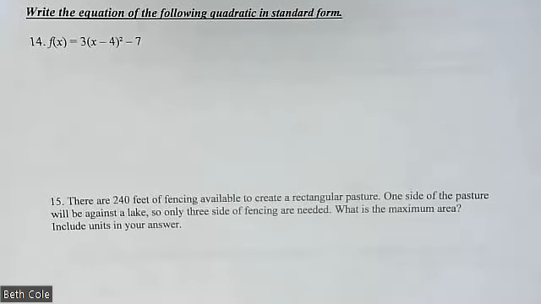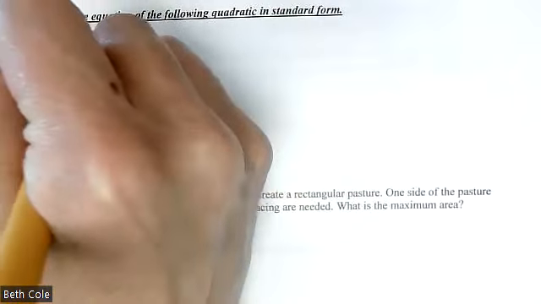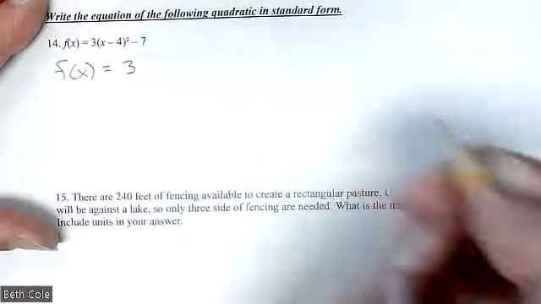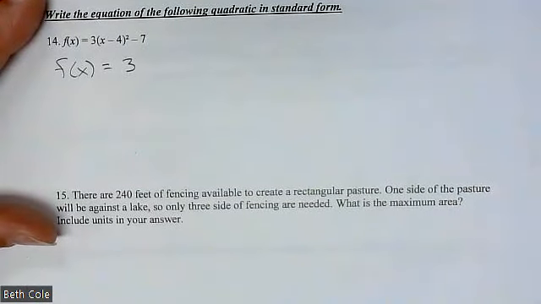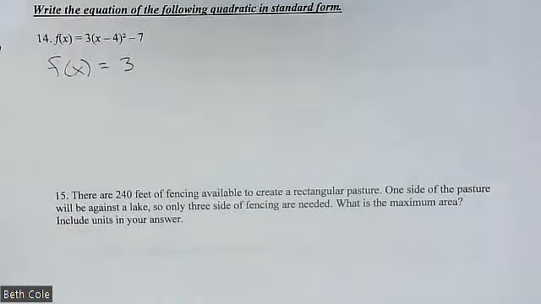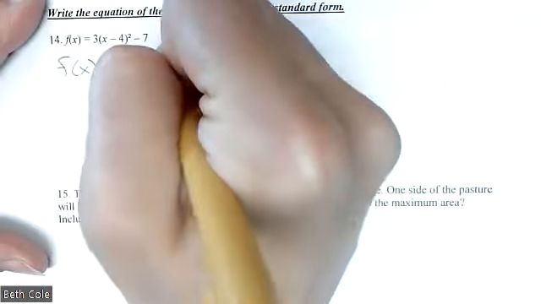So for number 14, it's not hard, but it is a good bit of writing and you have to stay organized. Okay. So that 3 is just going to hold on a second. And then because the x minus 4 is squared, it's a twin. What do you put? Because it's squared, you're going to write it twice. Okay. So x minus 4